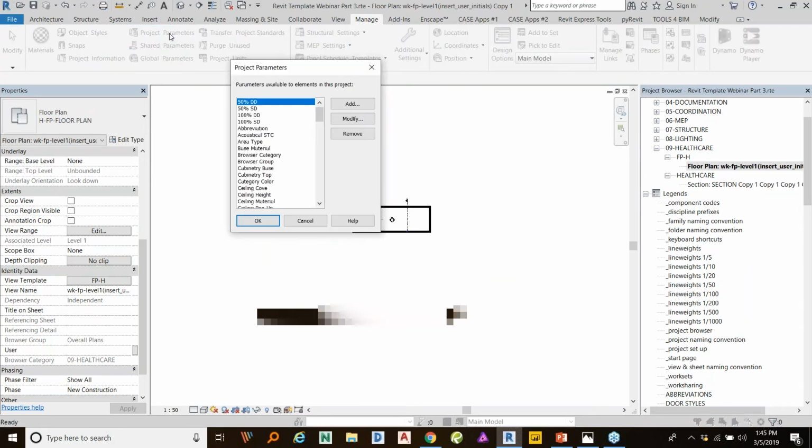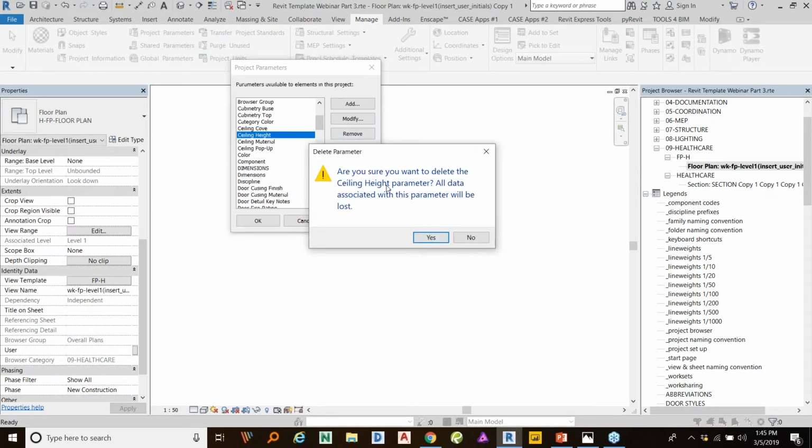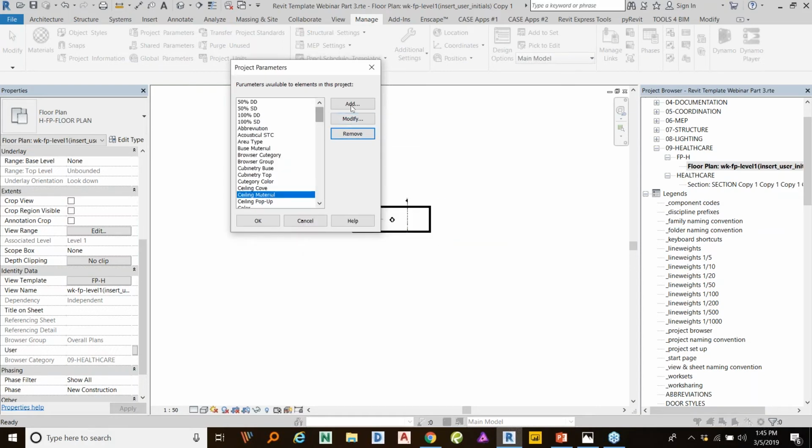Now I'm going to go into my project parameters, and as you can see, I've got a whole lot of parameters in here that are specific to my project. But the one that I am looking for is called ceiling height. And I'm just going to modify it to show you how. Actually, I'm going to remove it, and I'm going to recreate it. So let's